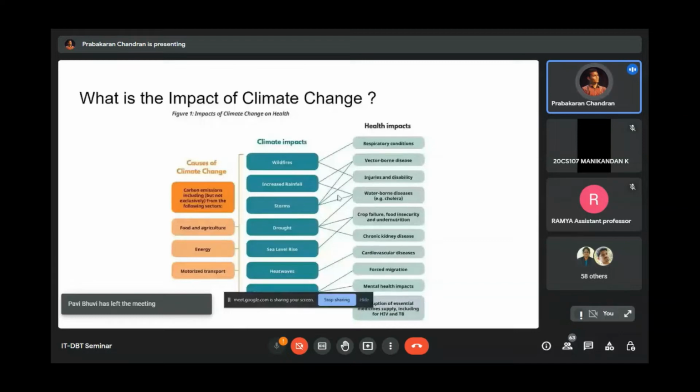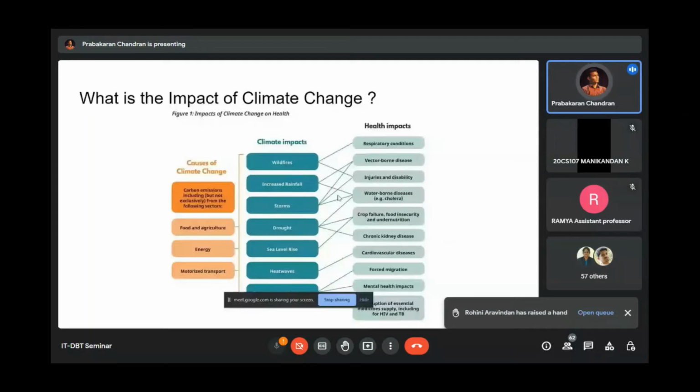new waterborne diseases or vector-borne diseases, which are insect-borne diseases. And respiratory conditions, obviously that is a major one, and forced migration due to the drought, cardiovascular diseases, chronic kidney disease. So when we have a drought, obviously that will impact the quality of the soil. When the quality of the soil goes very bad, that will impact the groundwater level. And most of the countries are still relying on